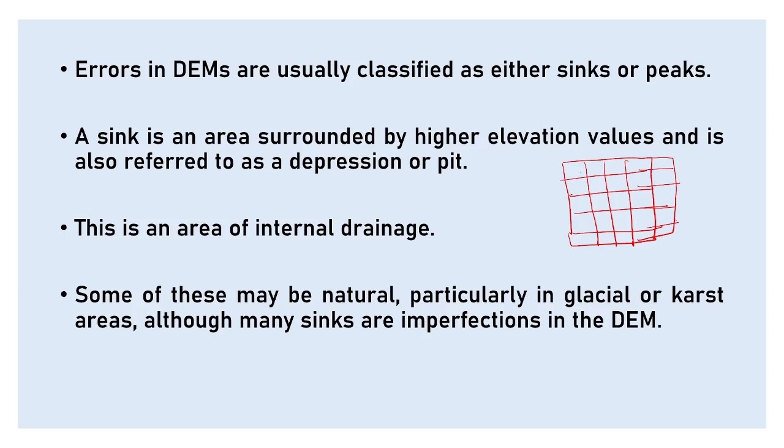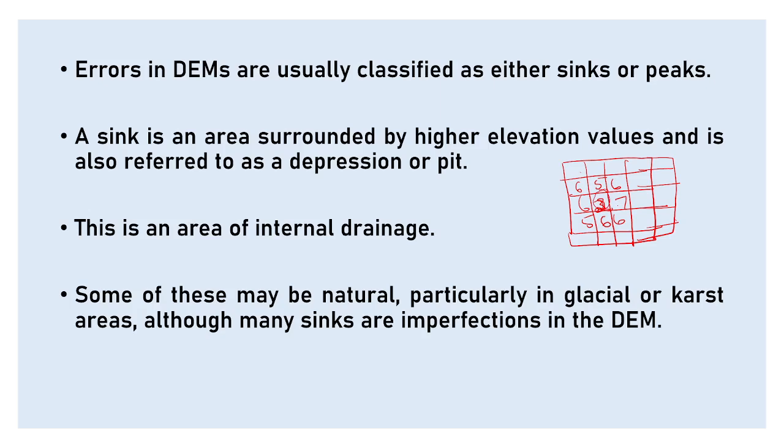Okay, so we have a grid like this, and let's say I'm just giving random numbers: 6, 5, 6, 7, 6, again 6, 5, 6. I'm just randomly giving them, and then at this point we have, let's say, a 3 or a 2. What does that mean? Suppose these numbers represent the elevation, then that means that this area is a